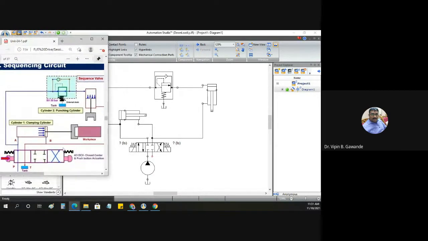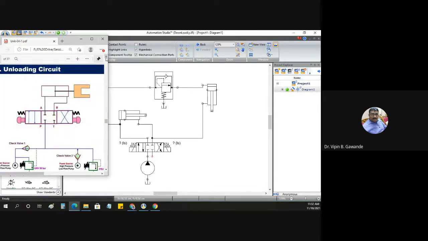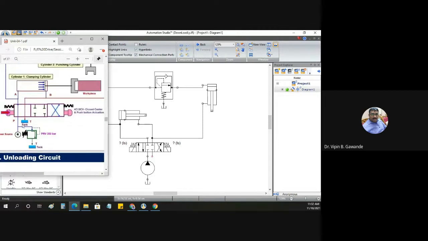Okay, now you check this one. So everything is there. See, the directional control valve we have taken, the cylinder we have taken, then the sequence valve we have taken here, and another double acting cylinder. We have not attached anything here, so that becomes our load. The directional control valve, the motor and the pump will come at the bottom here. So the total thing is the pump and the reservoir.